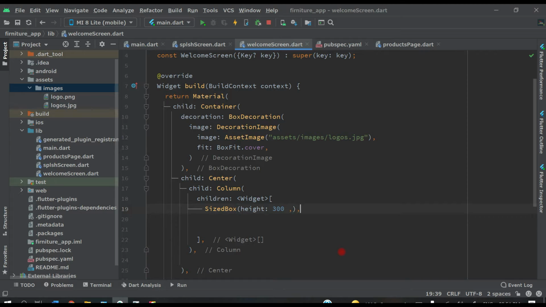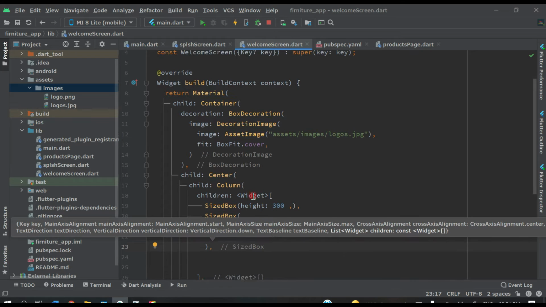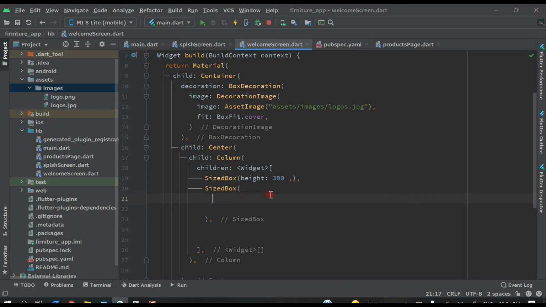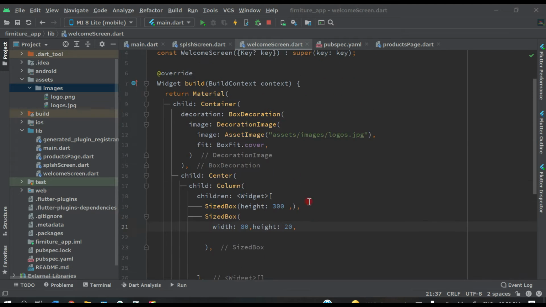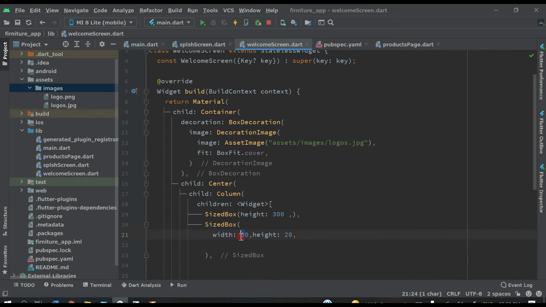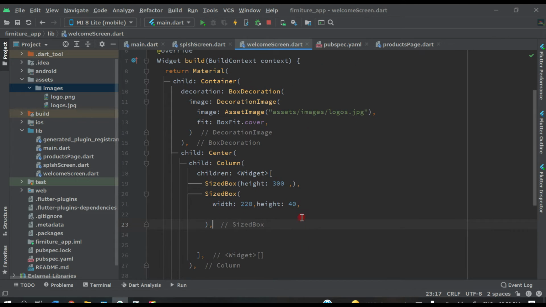Now after this, let's create one more SizedBox, and put a comma here. Inside this SizedBox, width will be 220 and height will be 40, like this.